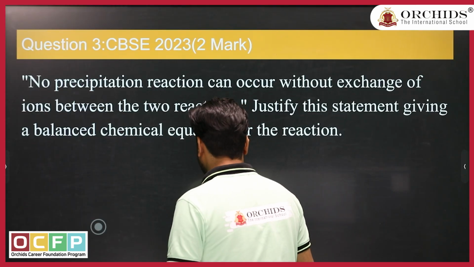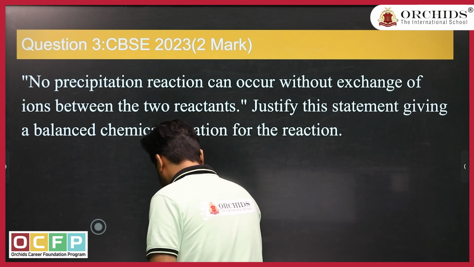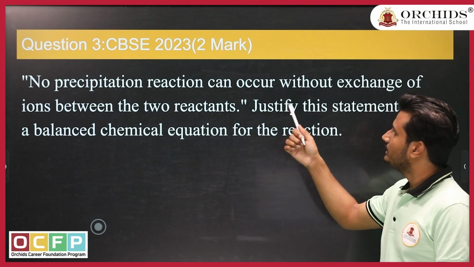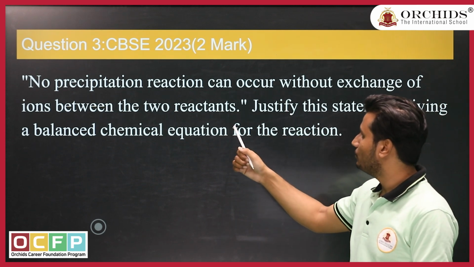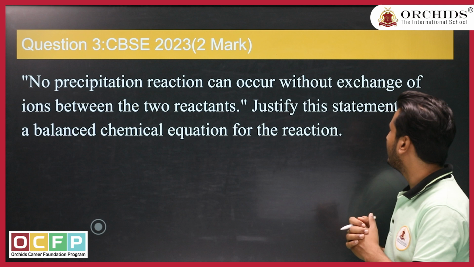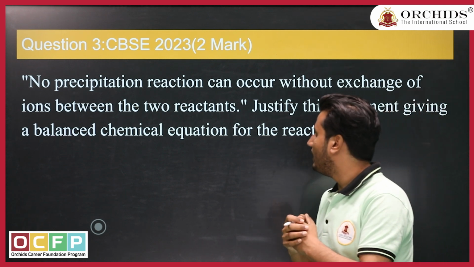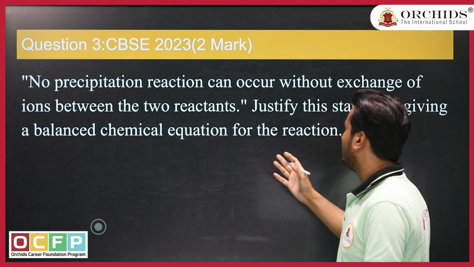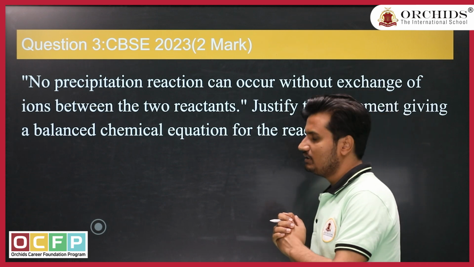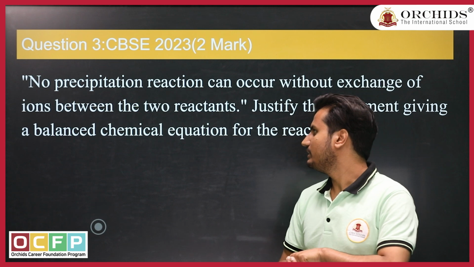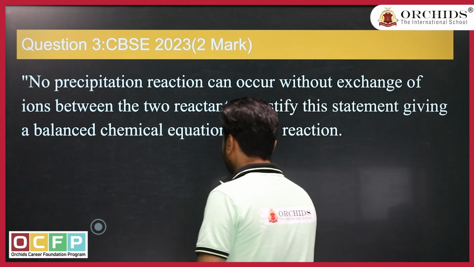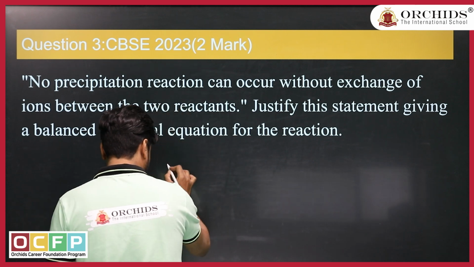Okay. So our next question tells us that it is a 2-mark question. No precipitation reaction can occur without exchange of ions between 2 reactants. Justify this statement giving a balanced chemical equation for the reaction. So we will take one precipitation reaction. First, what we will take? We will take